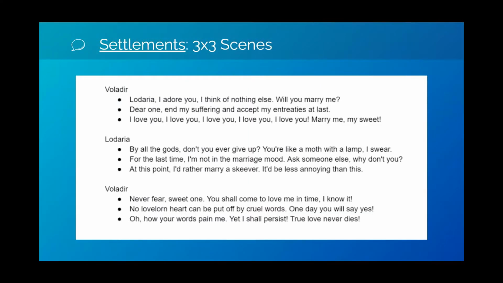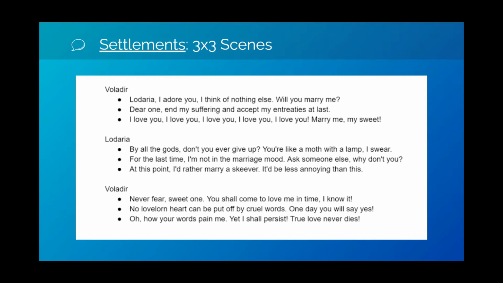So let's talk about 3x3 scenes, which I did not know existed, to be honest, until I was researching on UESP for the ways that we could do scenes at Valenwood that wouldn't involve hundreds and hundreds and hundreds of lines that need to be recorded. 3x3 scenes are a stroke of genius. Essentially, they do exactly what we just looked at with the repeatable scenes. They don't change state, but you have your first character speak and say the same thing 3 different ways. Your second character speaks, says the same thing 3 different ways. And then your first character responds, same thing, 3 different ways.